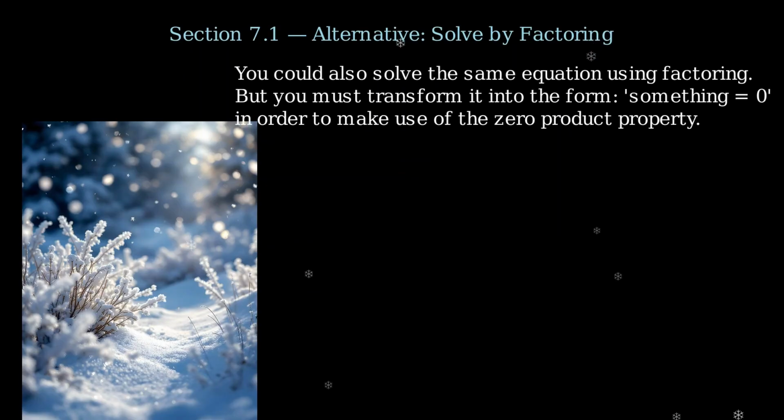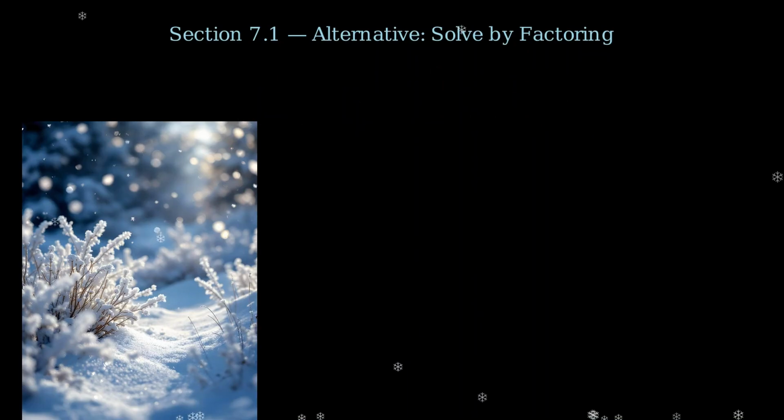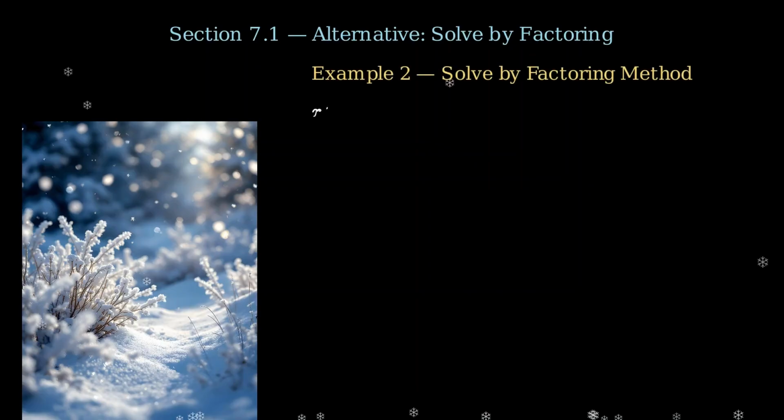We can also solve this exact same equation using the method of factoring. But remember, to use the factoring method, you must first arrange the terms into the form of something equals 0. Only then can you apply the zero product property. Let's solve the equation x squared equals 64 by